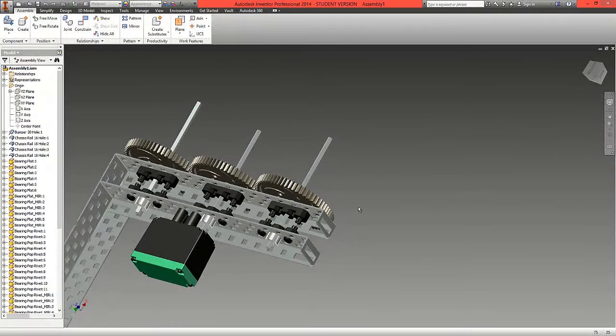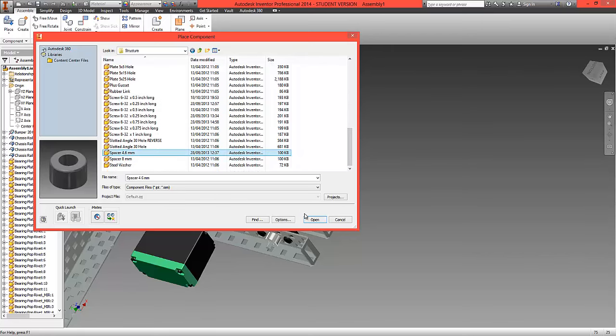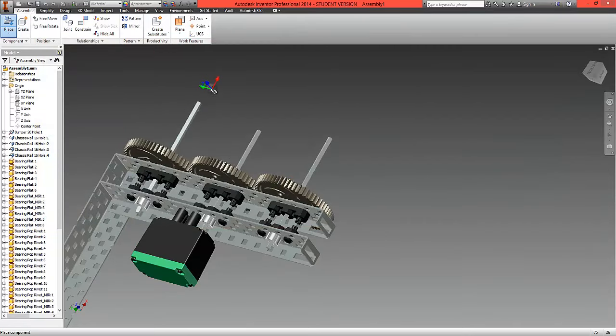Okay, on to video 4 now, and what we're going to do in this video is we're going to complete this side of the assembly and then mirror it over to the other side. Start with place, and what we need to do is locate something called a spacer. So we're going to look under the structure tab, and we're looking for a 4.6mm spacer. We're going to bring in 2 of these,